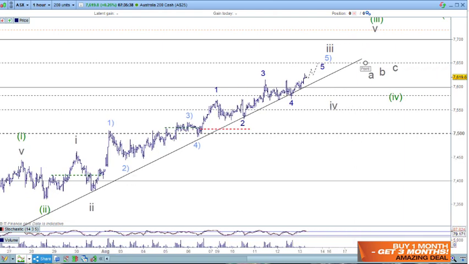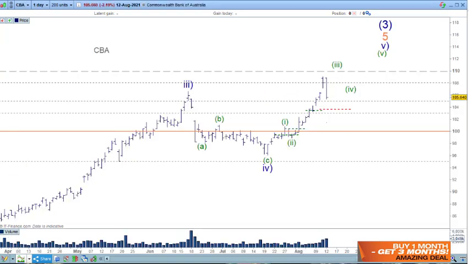So let's just have a little look at CBA, because we have been using it as a reference point, and this is the daily chart, of course. It's got the same low here as blue wave 4 as the ASX200, so they're kind of in tune. So we had that big down day yesterday on higher volume, so we need to see that start to support